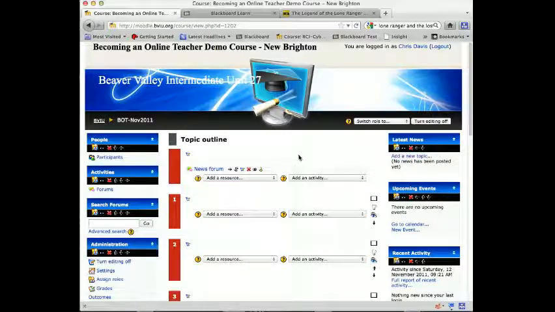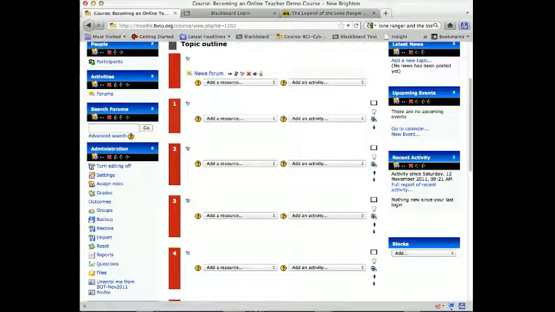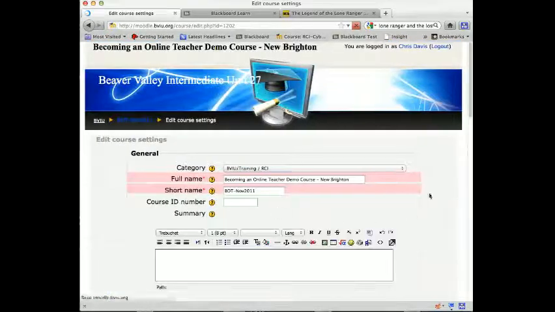The settings menu in Moodle is extremely powerful. There's a lot of different things you can do there. So let me show you some of the things that are available. If you go down to administration and click on settings, it will take you to this screen inside your